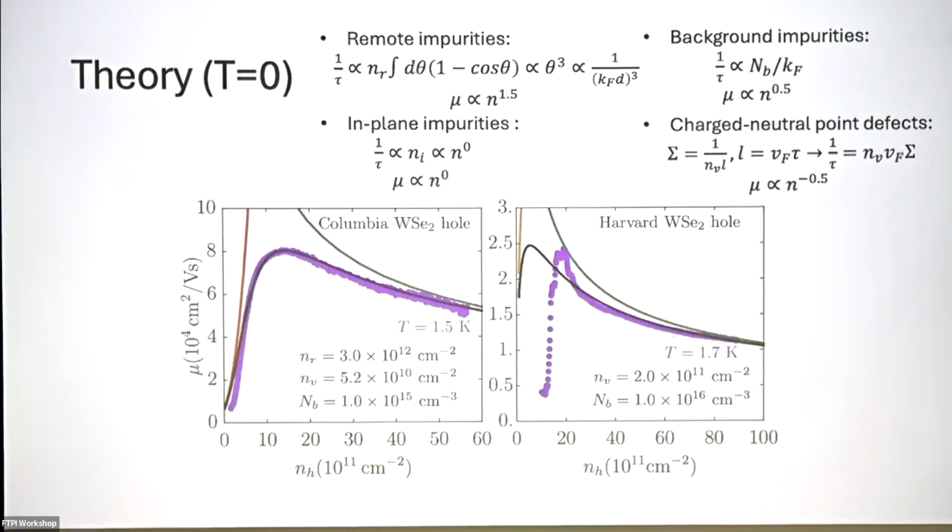So what is the limiting bottleneck for the mobility? Is it remote or in-plane? I think it's remote, because the density dependence is very close to 1.5 at low density. In gallium arsenide, it's background impurities, because if you look at the mobility-density curves there, the exponent is close to 0.6, if I remember correctly. So for gallium arsenide it's background impurities, but for this sample it's likely remote impurities. Remote means at the boron nitride gate interface, close to that interface.